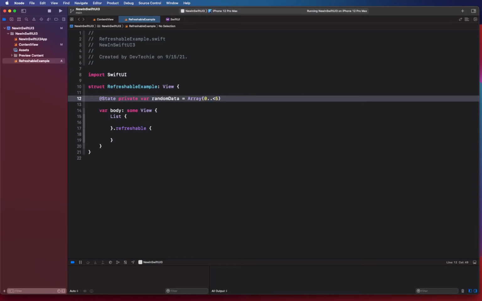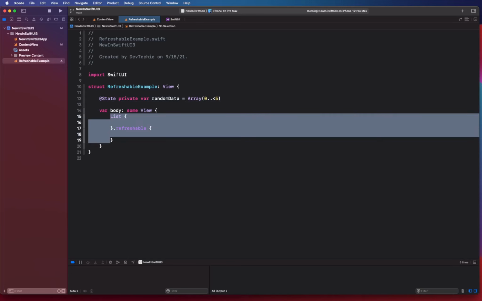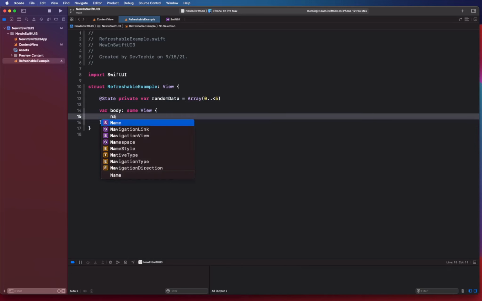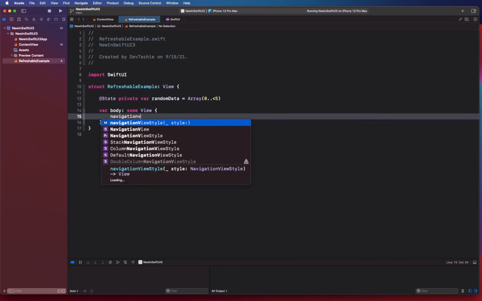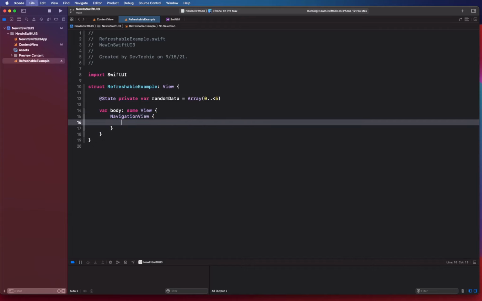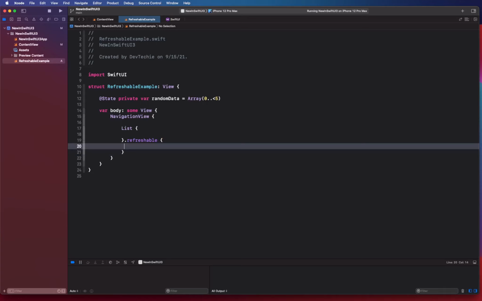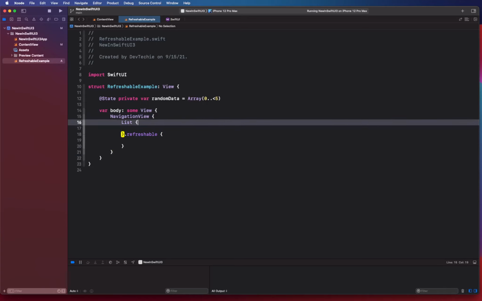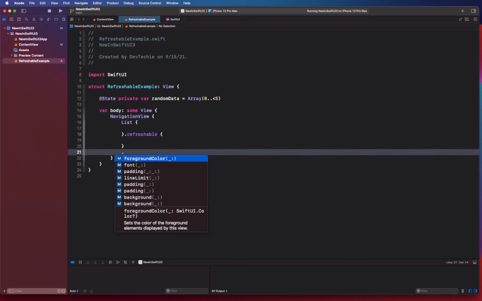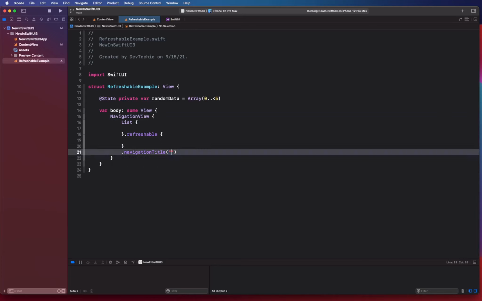What we want to do is come back and update this array in a little bit. And I'm going to take this list and put it inside a NavigationView because I want to have a navigation title for this. Let's put the list back in here. Navigation title